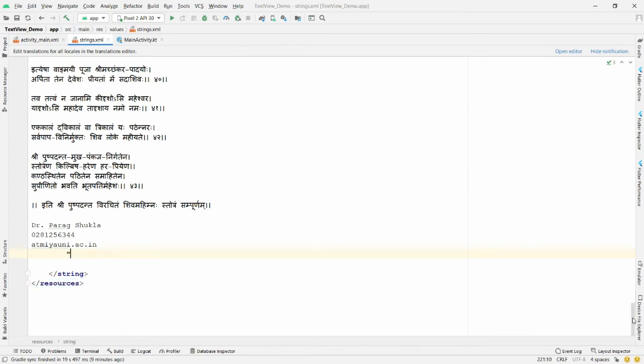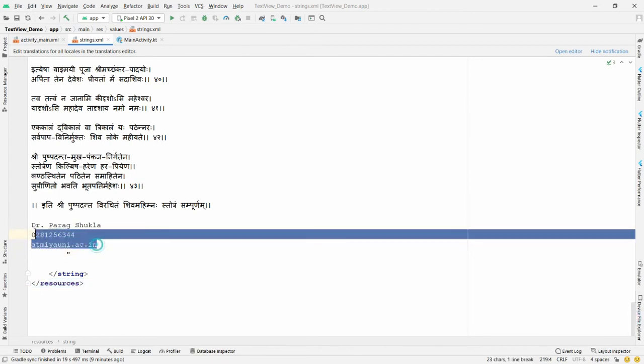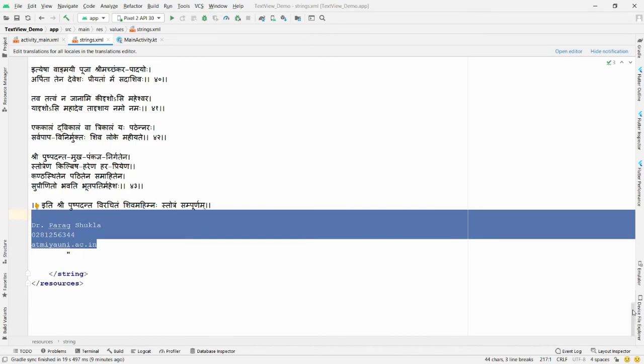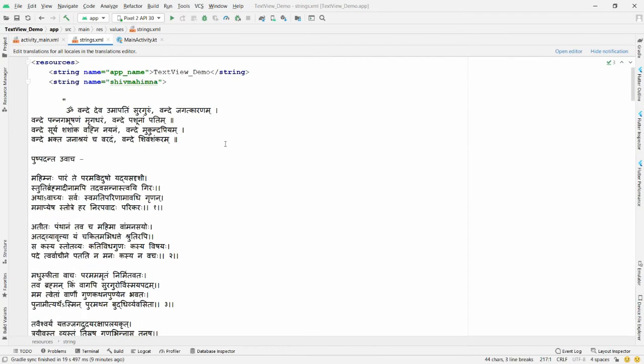So it will take the native formatting that you have written in a double quote. It means that whenever you press enter, then it will take the enter. So this formatting will be applied to my application. Now you can simply run this particular application and you will be able to see the output of your code